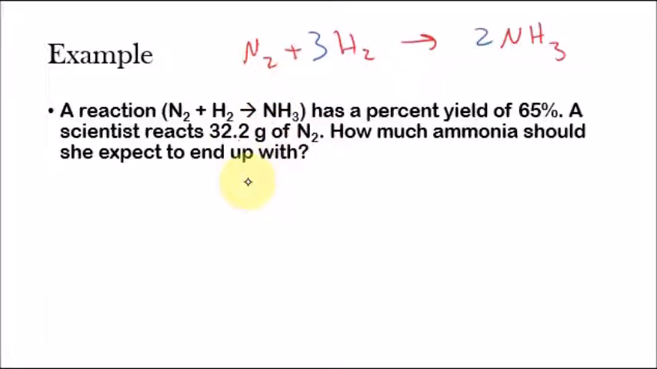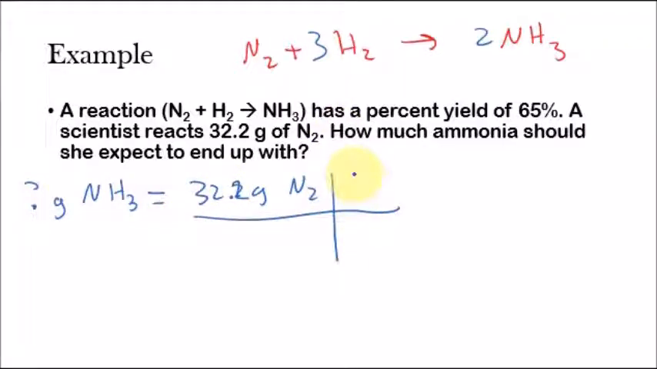So let's see how much ammonia should be created, assuming that the reaction goes to 100% completion. So basically calculating the theoretical yield. How much ammonia should she expect to end up with? That's what we're looking for. We're looking at the theoretical yield, how much ammonia should be created, assuming that there's 100% completion. And what we're given is 32.2 grams of N2. So let's go ahead and first convert this to